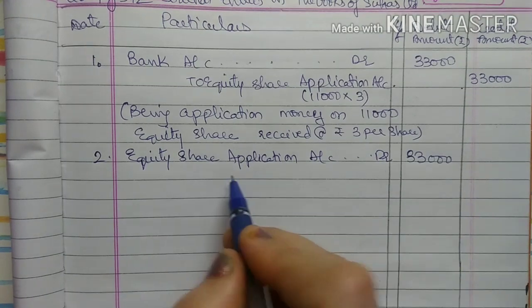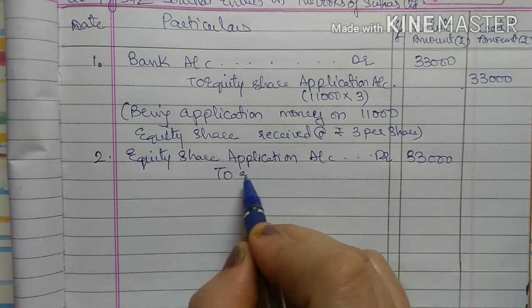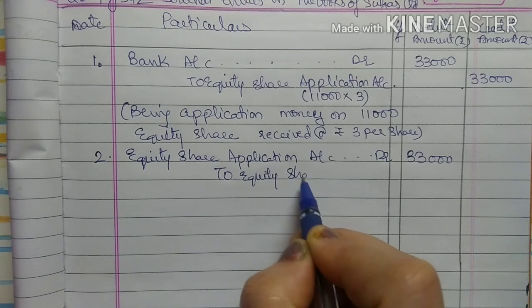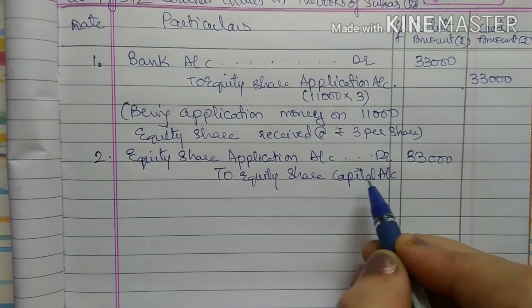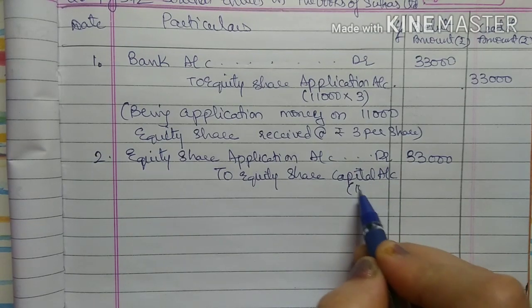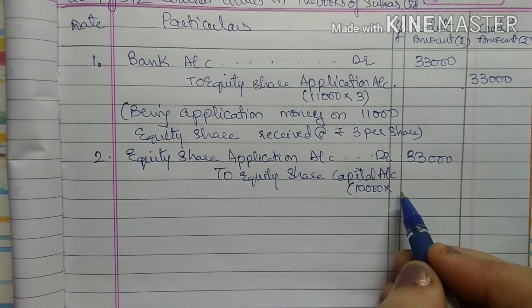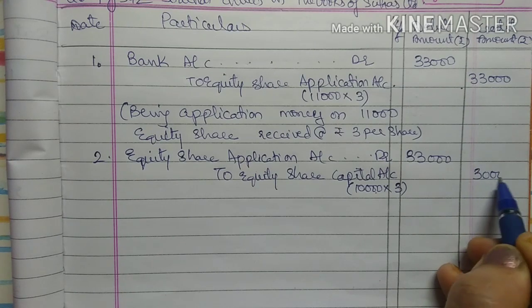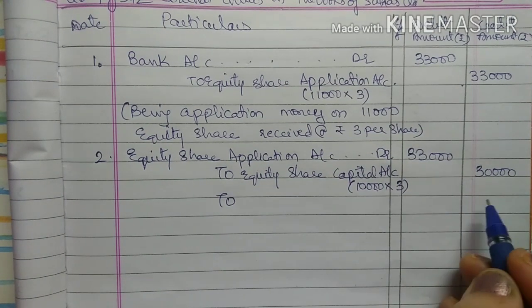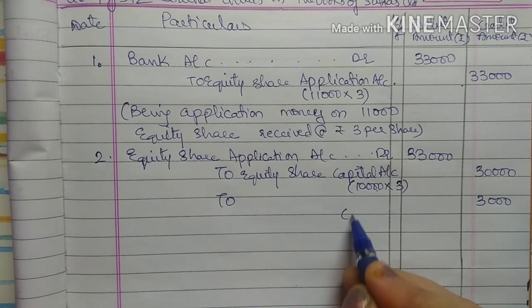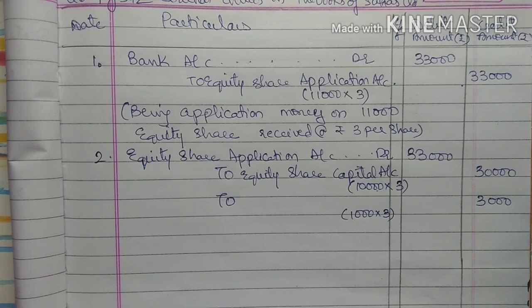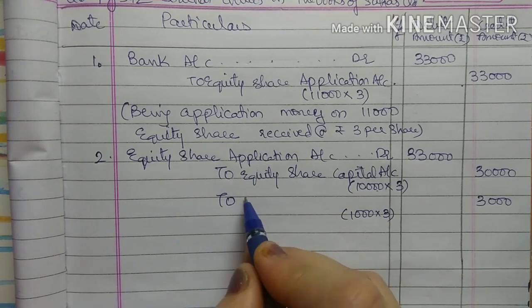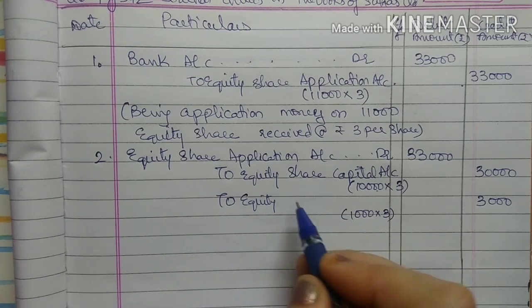33,000, right? From this equity share capital account, कैपिटल अकाउंट में उतना ही जाएगा जितना इशू किया है. तो इशू कितना किया है हमने? 10,000 ही किया है. We have done on pro rata basis, right? So only 10,000 shares have been issued into 3, so that is what? 30,000. Now remaining 3,000 is there, right? 1,000 shares we have on pro rata basis, right? So this 1,000 into 3, that is what? 3,000. This will be transferred to next stage, that is called as equity share